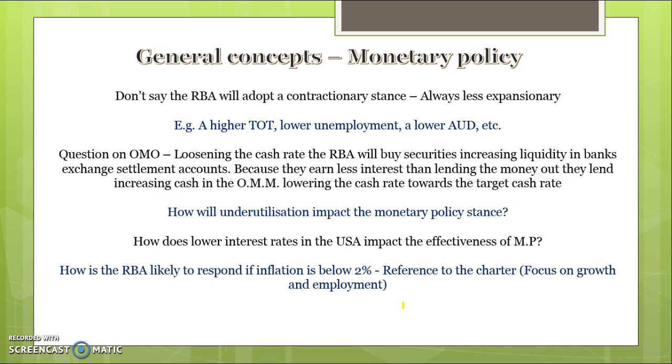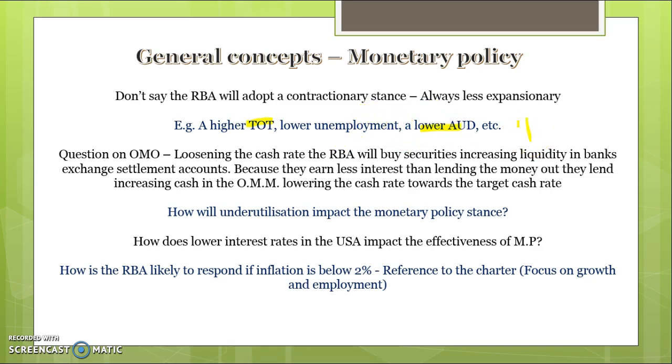So essentially, starting with monetary policy, something that a lot of people are still getting wrong is when they get something that will increase inflation. When a question asks how the RBA is likely to respond to something, what you need to be thinking about is how this will impact inflation. If it's likely to increase inflation, they're more likely to tighten monetary policy. But it's really important, given the current monetary policy settings, if you get a question about something that's going to increase inflation moving forward, so that might be if the terms of trade goes up, or if unemployment continues to fall, or we have a lower Australian dollar, all these things can cause more inflation.